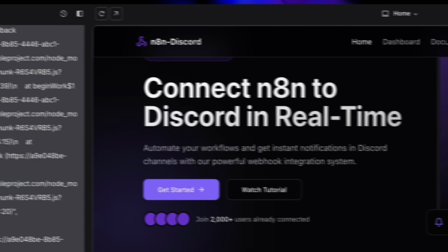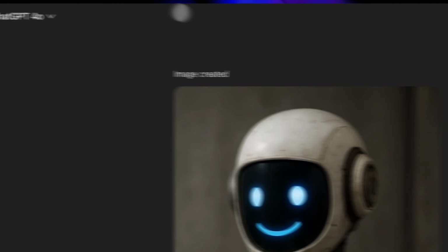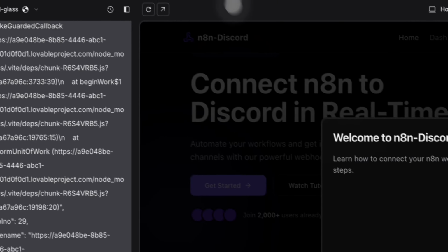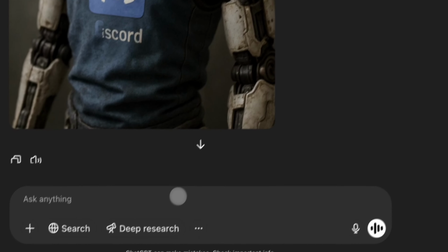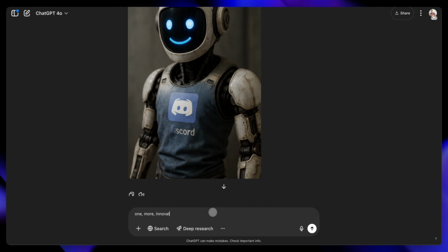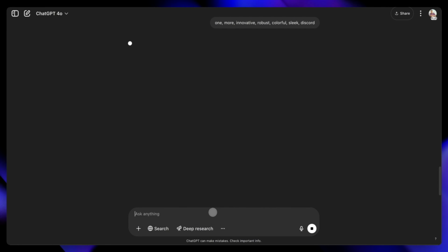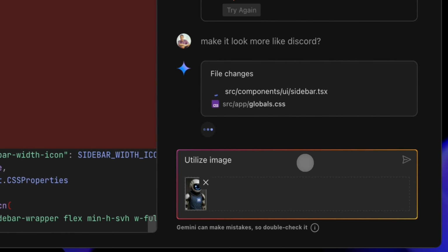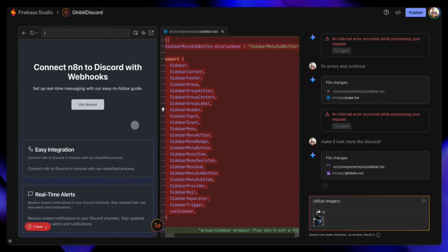So I'm taking these robots and putting these robots in Lovable. I love these Discord robots. They look super cool. I just prompted it real quick, said make me a realistic Discord robot based upon the project we've been working on, because I've been in the same ChatGPT prompt. So based upon that project, it's going to make me imagery. And then I'm going to see if Firebase can just throw a little image in there one more time.